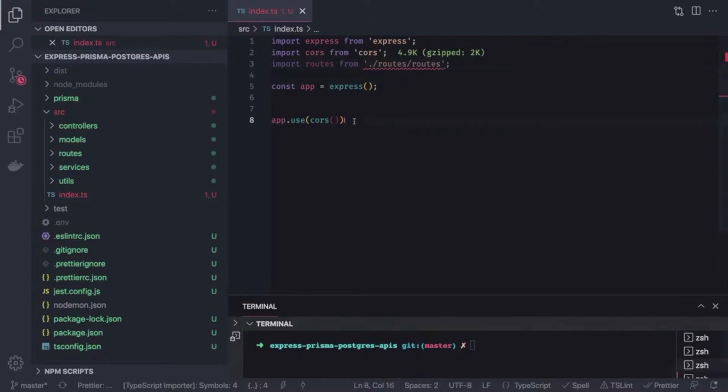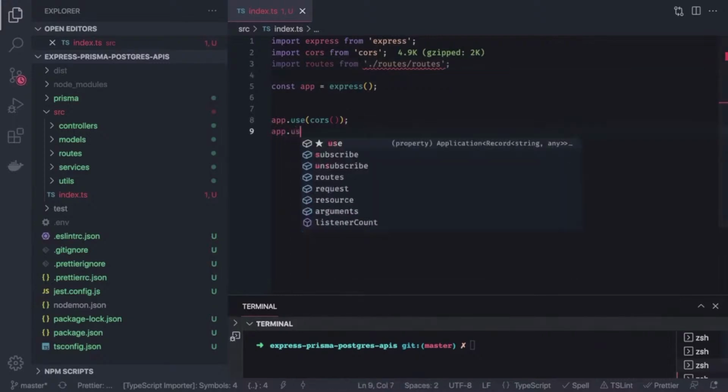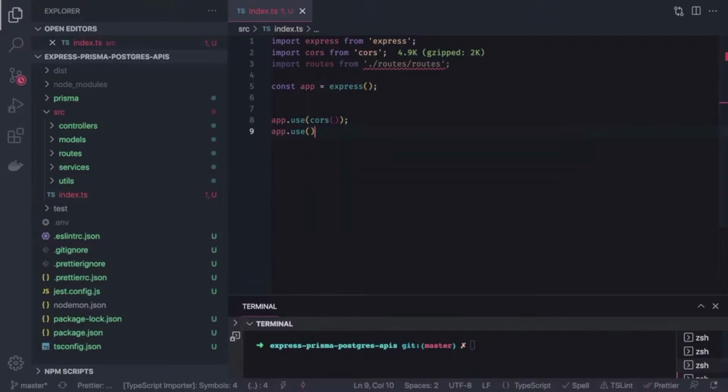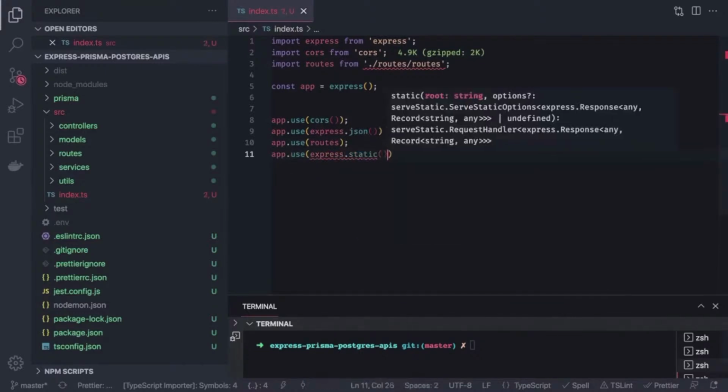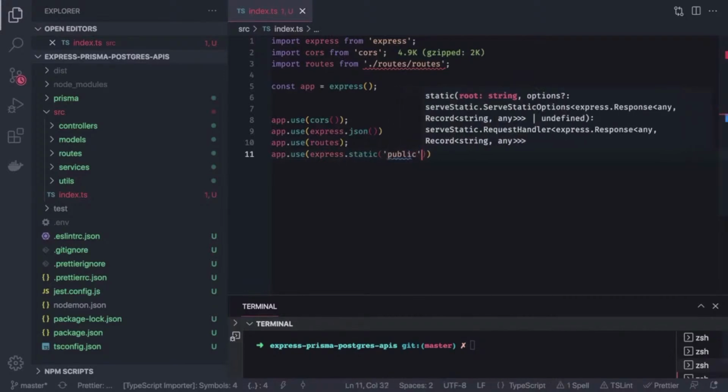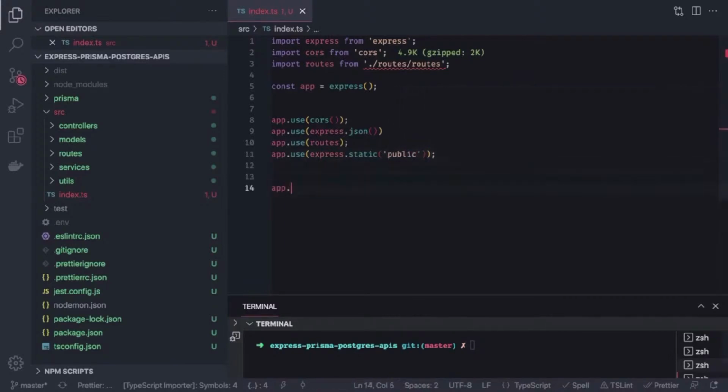So we will enable all the middlewares, like we can use a body parser. I mean, body parser is now deprecated. We can use Express one only, like simply express.json. This is the same as the body parser. Registering body parser with app.use, and we will register all our routes. This is how we do it. And we can also set the public directory, and this is express.static with the directory name. I mean, if you have any public directory, you can specify that here, and then app.get, just a simple hello